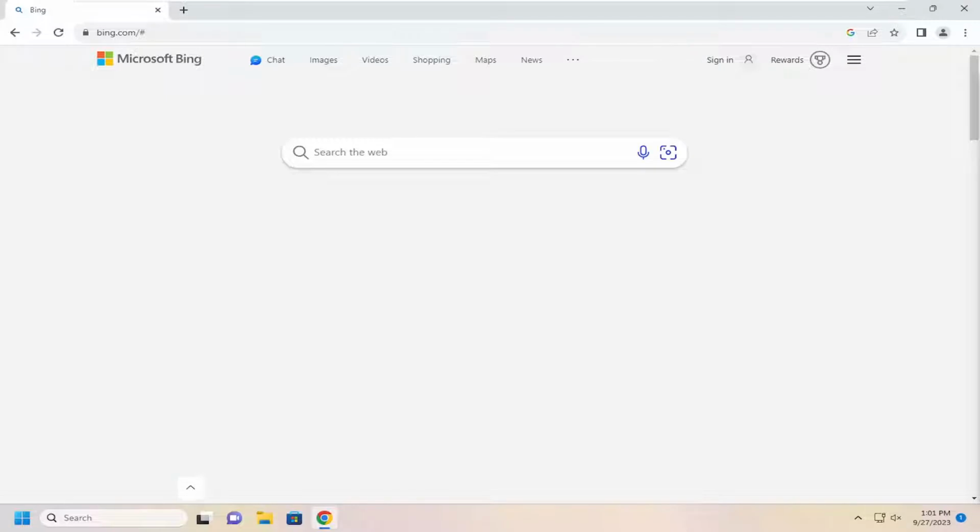In today's tutorial, I'm going to show you guys how to change the display language in Bing. So this should hopefully be a pretty straightforward process here, guys, and without further ado, let's go ahead and jump right into it. So all you have to do is open up Bing and then select the menu hamburger icon